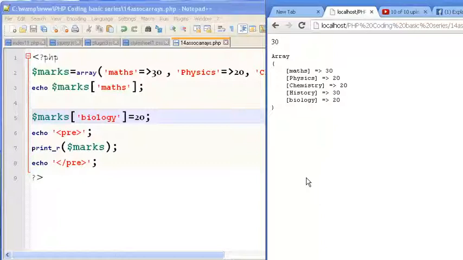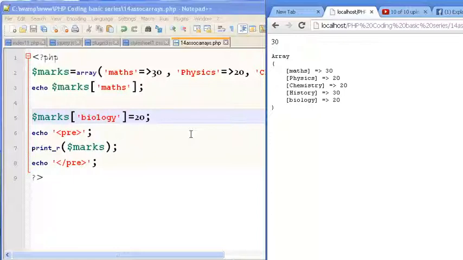This is just for making you understand how we can add indexes on the go dynamically, because that is what we shall be requiring when we make dynamic applications. So knowing how to add indexes on the go, maybe making use of loops and thereby adding indexes, is something which we'll be doing in the near future. But before that, I just wanted to show you what associative arrays mean, how you can add indexes to them, and what is basically the terminology, or rather the concept, behind calling it an associative array.